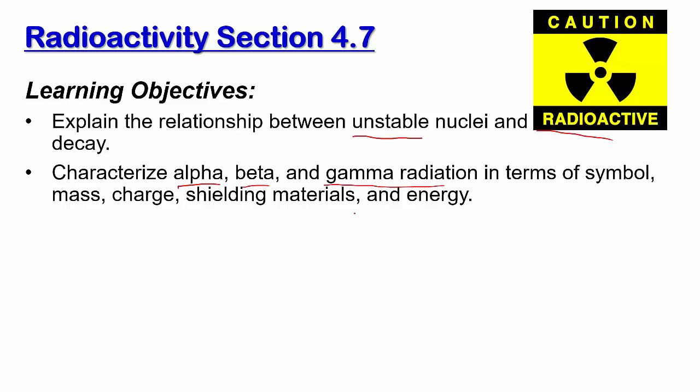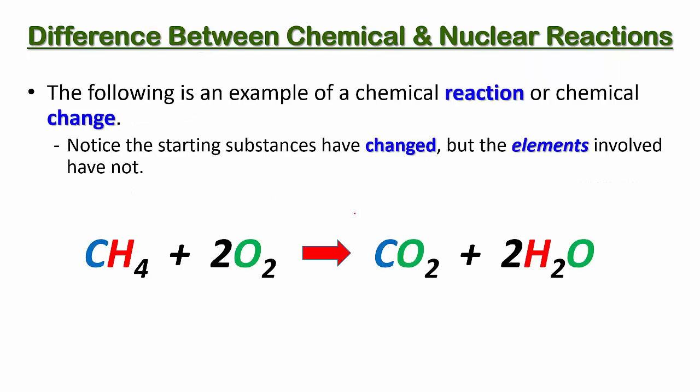To describe this, first off, we're going to go back a second. Difference between chemical and nuclear reactions. The following example is a chemical reaction or a chemical change, things that we've been looking at up until this point. Note that the starting substances have changed, but the elements involved have not. So this would actually be combustion. This is methane, which would burn in the presence of oxygen to give us carbon dioxide